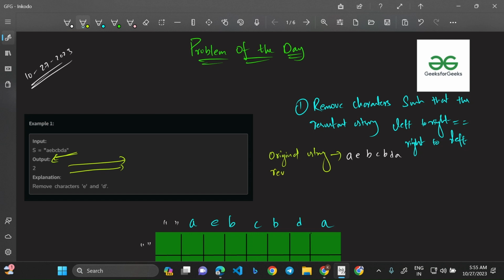So if I reverse the string, what would be the result? The result is A, D, B, C, B, E, A. Now I can go from left to right. In the original string you can travel from left to right, and in the reversed string also you can go from left to right. So what are the characters that you feel are appearing